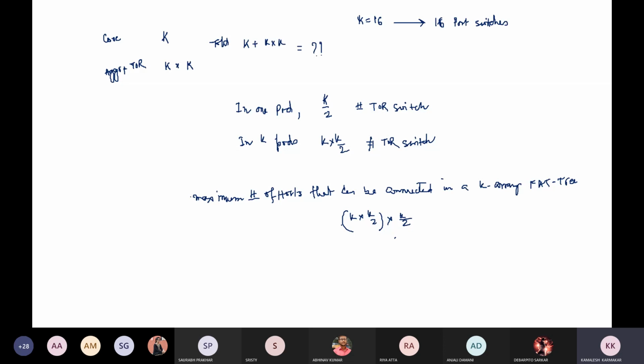So this is the total number of hosts that can be connected in a k-array fat-tree network.